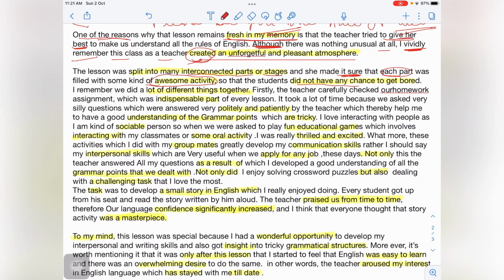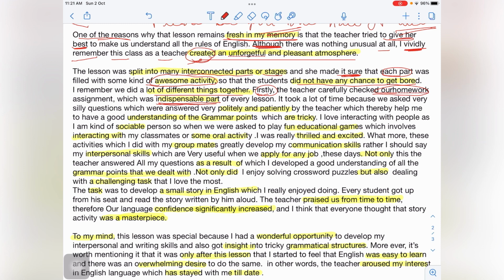So that the students did not have any chance to get bored. So you were not getting bored at all because it was activity based. I remember we did a lot of different things together. Firstly, again see, the teacher carefully checked our homework assignment, which was an indispensable, means crucial or inseparable, you can also use it, like it was very essential, very necessary,